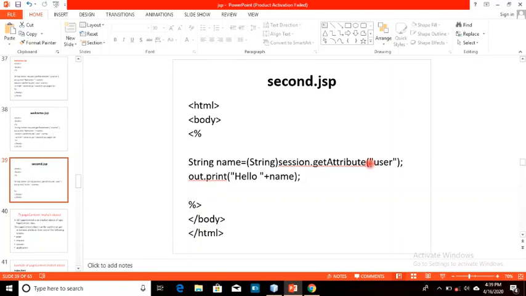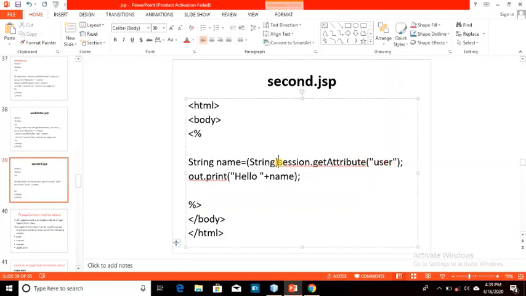So we will set the session variable and the value associated with that, and we will also fetch the value. So how can we do this? Session.getAttribute, and we will typecast it to the string type, and then we will print it. So let's do this practically.